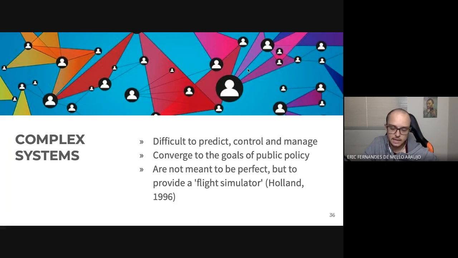And as I've said, complex systems are not meant to be perfect, but they provide a flight simulator, as Holland said in his article in '96. When we talk about a flight simulator here, we mean that when you're playing a flight simulator on your computer or on your Xbox, let's say,